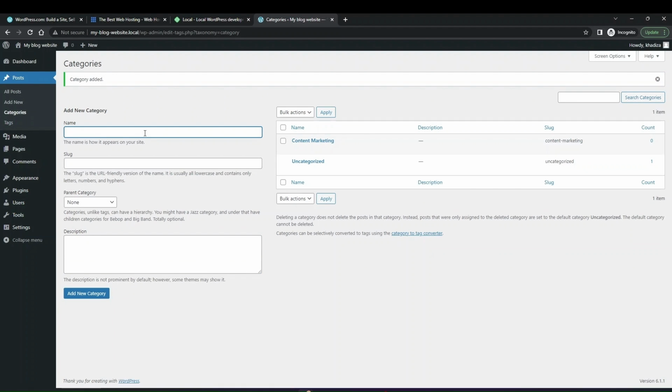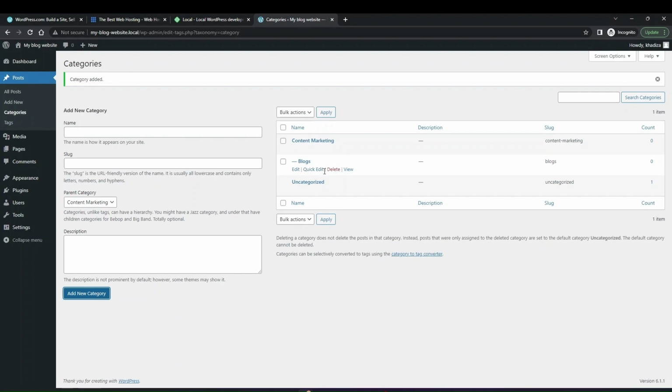And then another thing you can do is assign it a parent category. If you have a category that's meant to be a subcategory of an existing category, all you would need to do is type in the name of the category. And then under parent category, you give it the actual category that it's meant to be a subcategory of. Give it a description if you'd like, and click add new category. And you can see